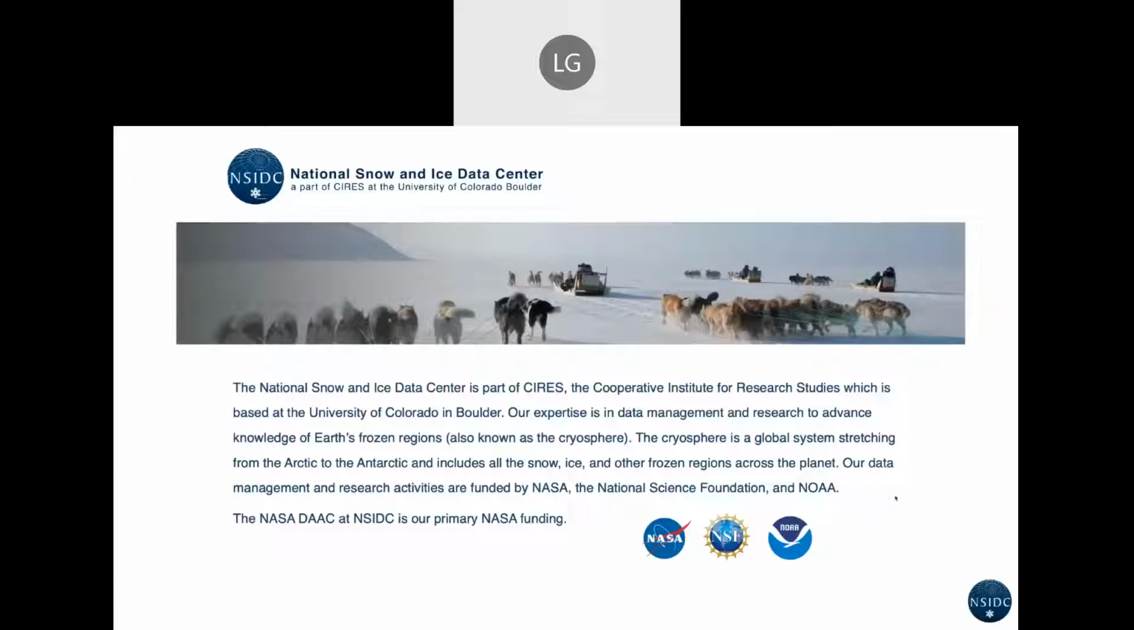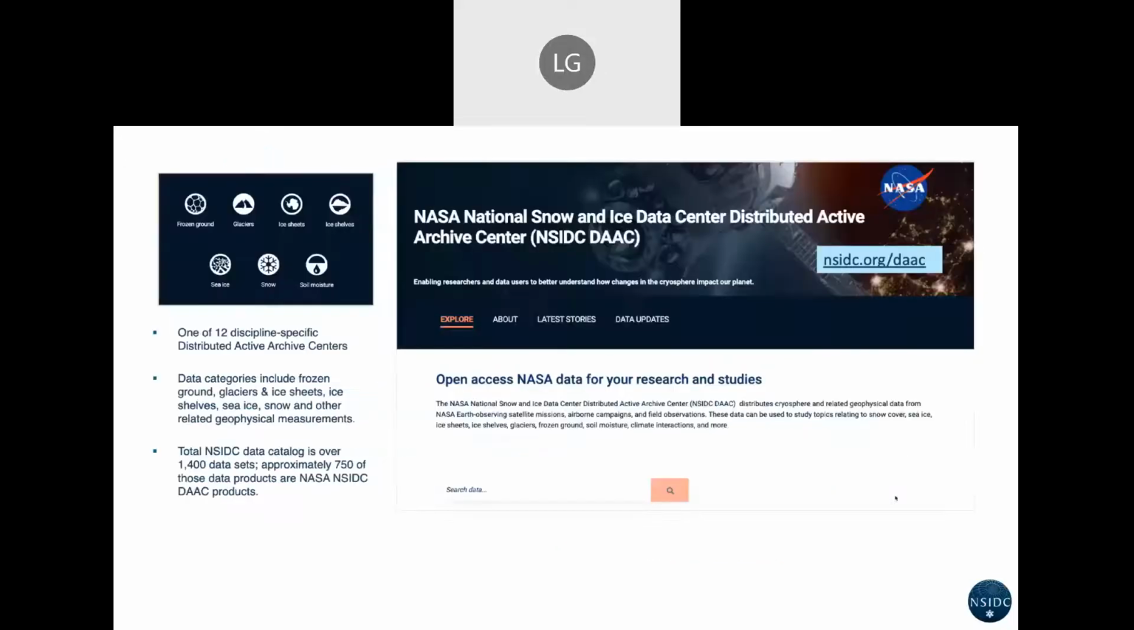The NASA DAAC at NSIDC is our primary NASA funding. The NSIDC DAAC is one of 12 discipline-specific distributed active archive centers. Our categories include things like frozen ground, glaciers and ice sheets, ice shelves, sea ice, snow, and other related geophysical measurements. The total NSIDC data catalog is over 1,400 data sets, and approximately 750 of those data products are NASA